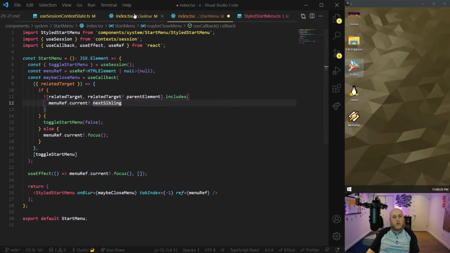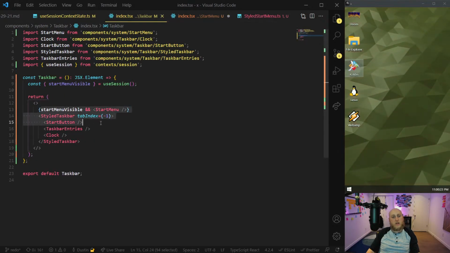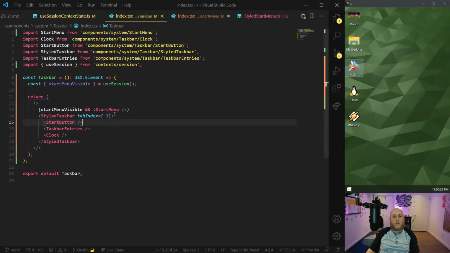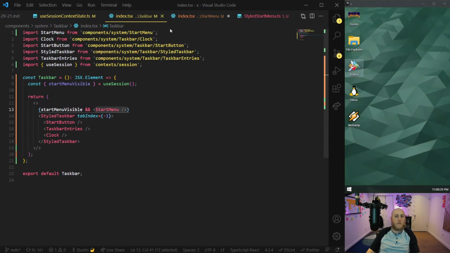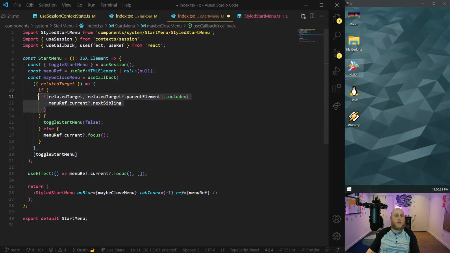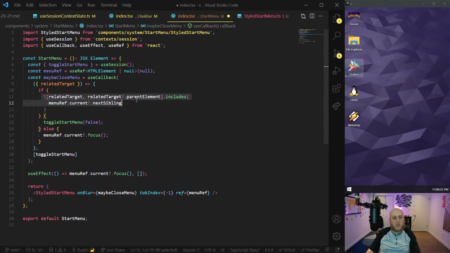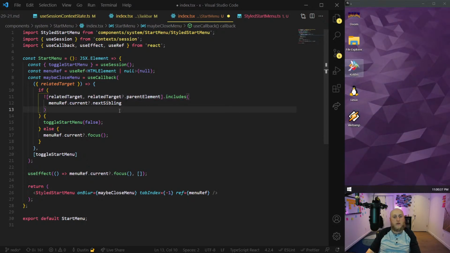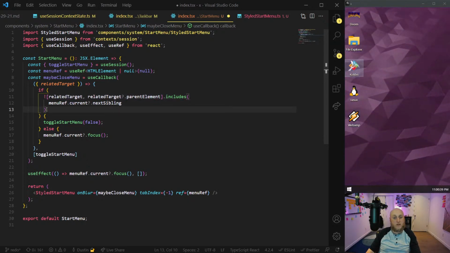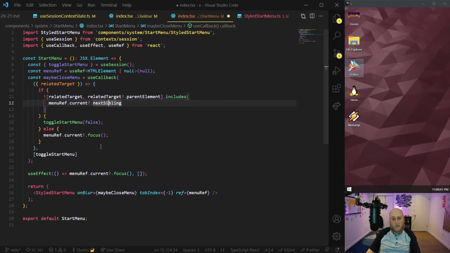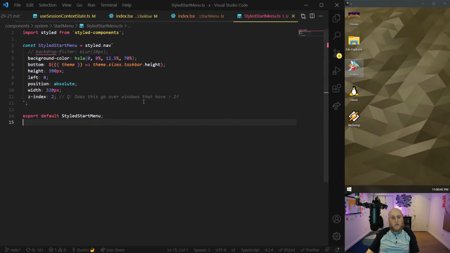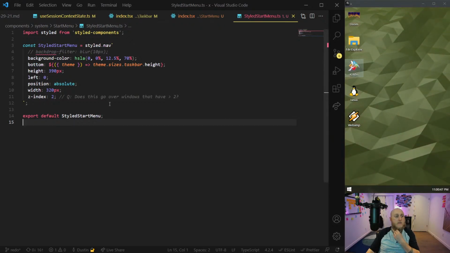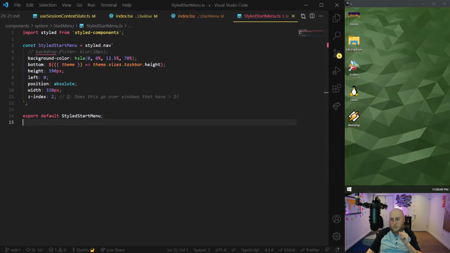And it's a little weird, me using this parent element and next sibling. The only reason this logic works is because I know the positioning of these three elements. Another way I could have done it is I could have made references to these two elements and passed them into the start menu so that I could have properly dealt with them and checked the references in the DOM. But this is just another nice way that I've decided to do it that logically worked out for me. And I might refactor it one day, but for now this seemed fine. So that gave me the start menu, and visually we are missing one last piece, and that's the blur, like I was saying, and let's check it out.